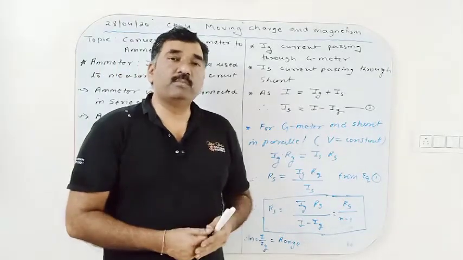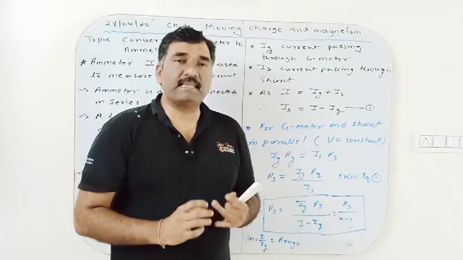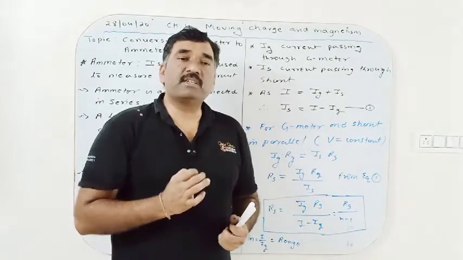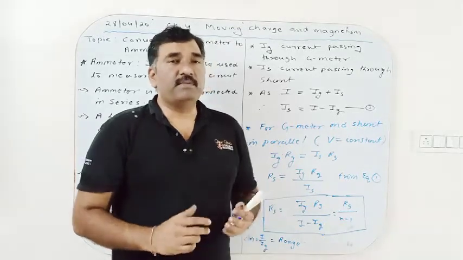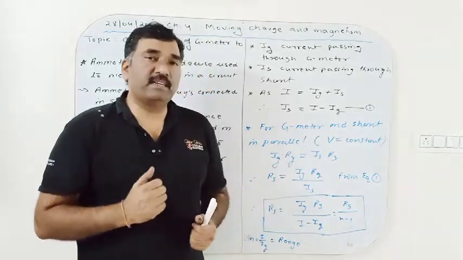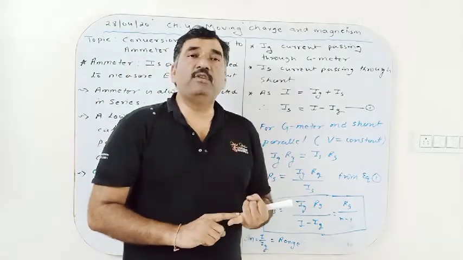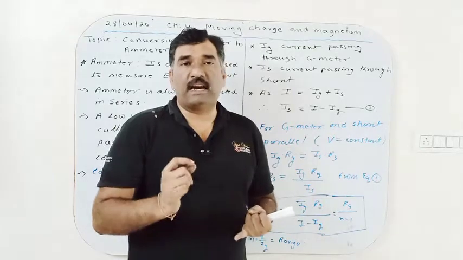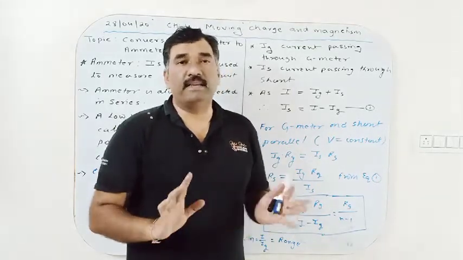So how can we measure electric current? Electric current is measured by a device which is known as an ammeter. To measure the electric current, the ammeter should be connected in series. But when you directly connect a galvanometer in series, two limitations will develop. Number one, if the value of current is high, then it produces a large deflection, due to which the pointer may go out of range or the coil may get damaged.